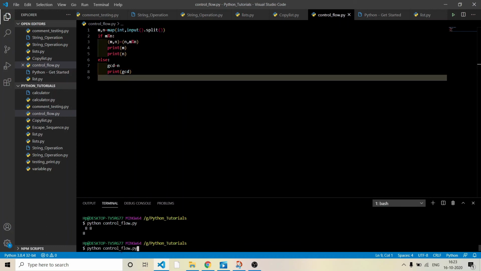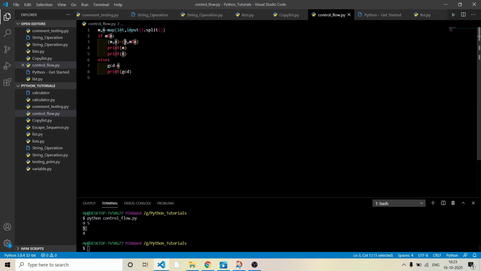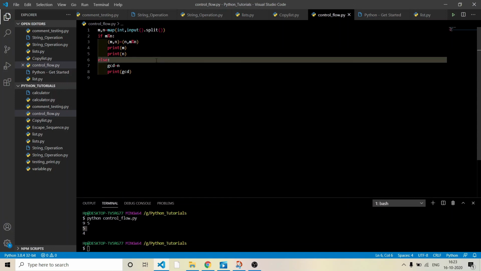Now let's run for the if condition. It will be 9 and 5. You can see the value of n has gone to m, as I have printed m first, and then n is replaced by the remainder of m divided by n. So what will be the remainder of m divided by n? Just divide 9 by 5, you will for sure get 4. So yeah, our program is successfully working, and now we have the two tricks. First the lengthy one, and second the little shortcut. So I hope you got this.